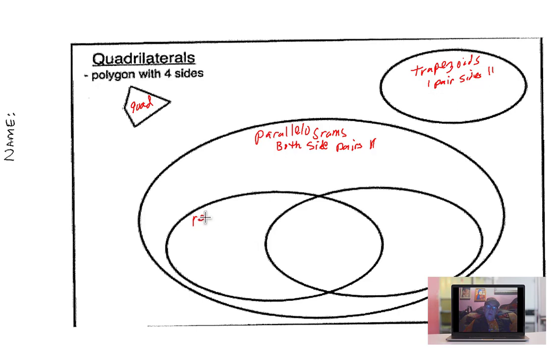Let's see, a rectangle is a parallelogram. Both sides are parallel, but a rectangle has a right angle. And it's a parallelogram with a right angle. That means all the angles are right. And that causes diagonals to bisect each other. So we've got opposite sides parallel, opposite sides congruent,